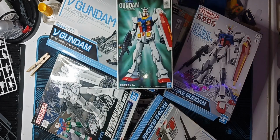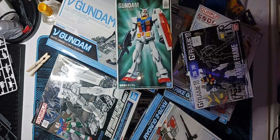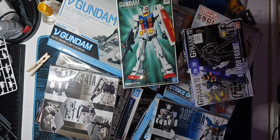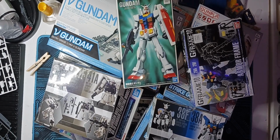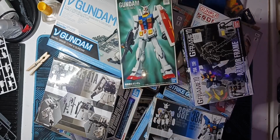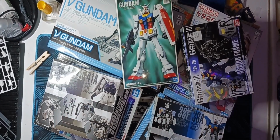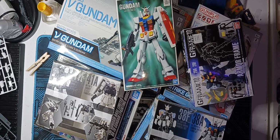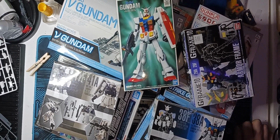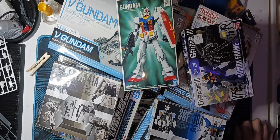basics, which will be our first grades and our G-frames. Now, why am I throwing in first grades and G-frames together? Well, I don't own many of them. There are 2 other first grades and there are a lot of other G-frames I don't own. So I might as well group them together in this little cluster on top of the first grades for the sake of simplicity. What do I think of the first grade starting out, considering I only own one, which is the RX? Well,